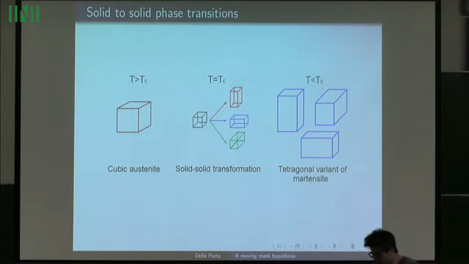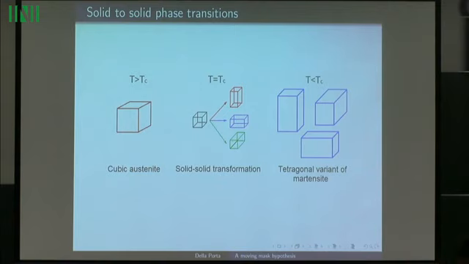solid state. And they consist in an abrupt change in the crystalline structure occurring in certain alloys or ceramics when the temperature is moved across the threshold. So above the critical temperature, we usually have a high temperature phase which is called austenite, and which in most applications is a cubic lattice, while below the critical temperature we have a lower symmetry phase which is called martensite, and at the critical temperature, at least theoretically, we have a change in the lattice structure from the austenite to